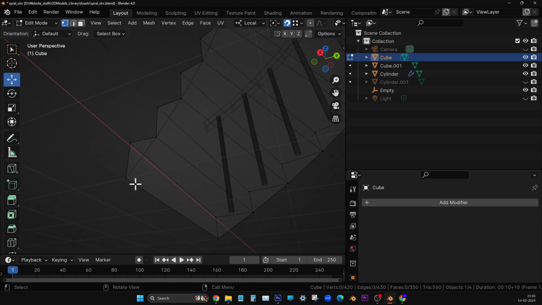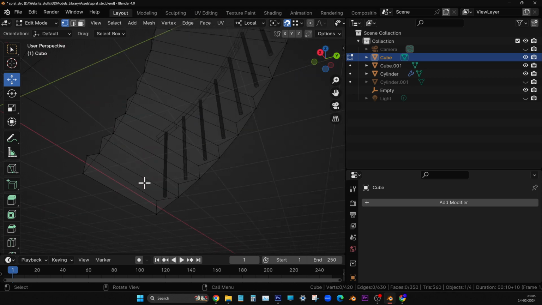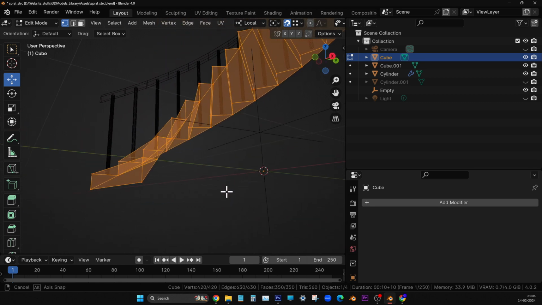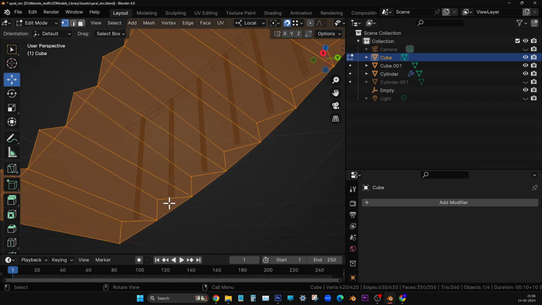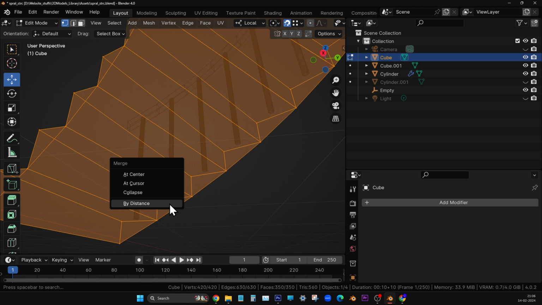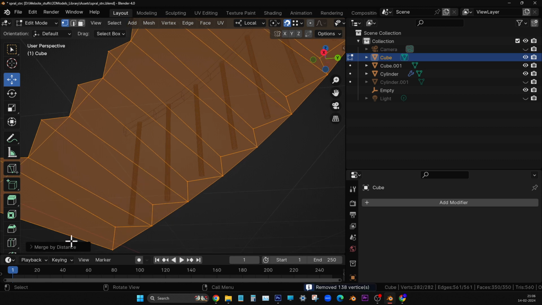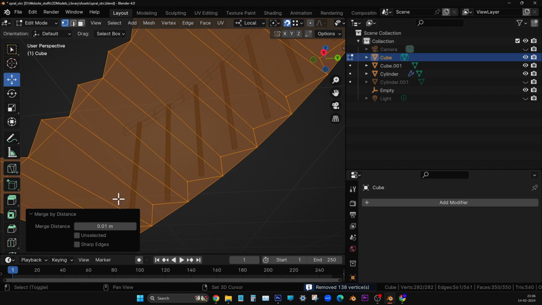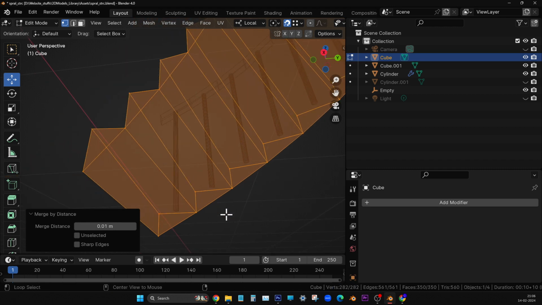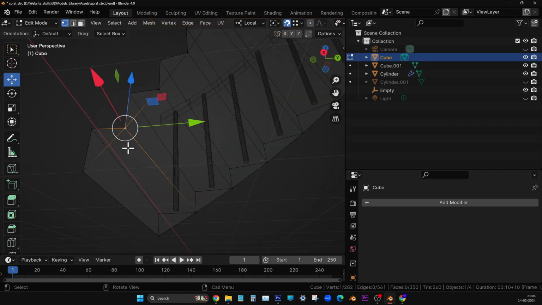Now what I'm going to do, I'm going to press A on the keyboard and I have selected everything. Now I'll press M, and by distance I'll say it's all merged. I will deselect and just test it for you. I'm taking my cursor there. I'm doing fix selection because I'm confident that it is only one vertex there. Previously it was two vertices. Now it is only one vertex. You see,